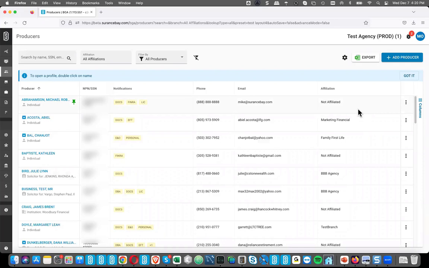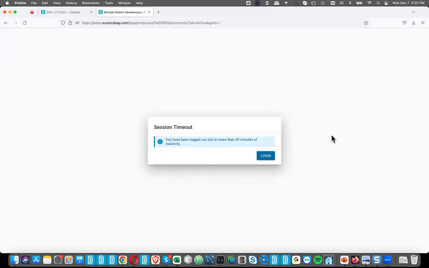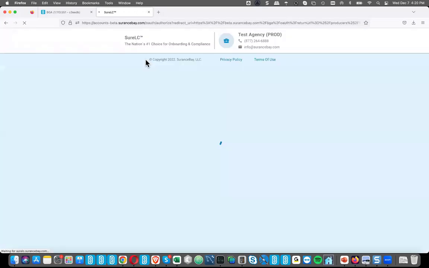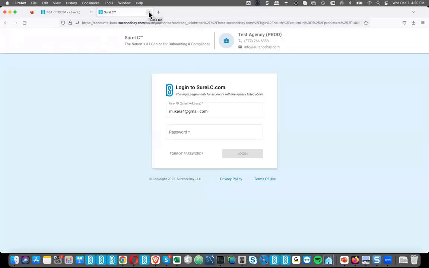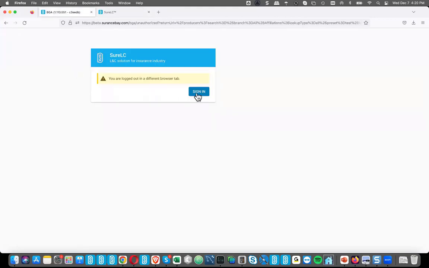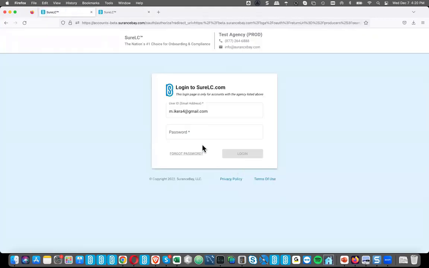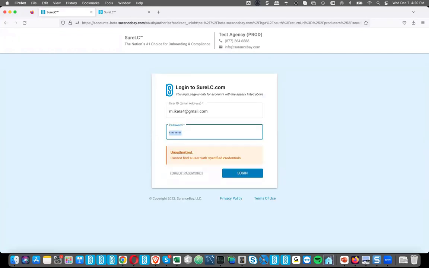And then, Mike, can you show the training tab in the producer profile with regards to now needing to link the certificates to the course? Yes, great. Let me take a look here. So if I go into, here's my little bug that I discovered recently. Sometimes it logs me out. It's my demo environment.